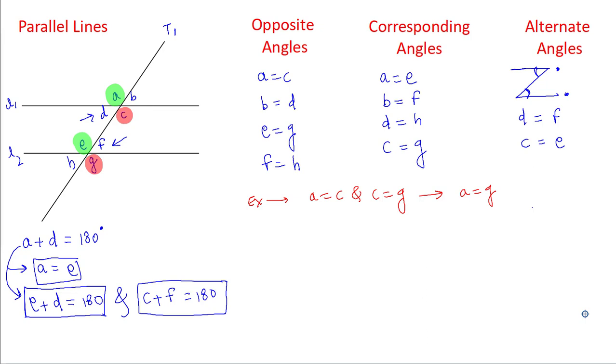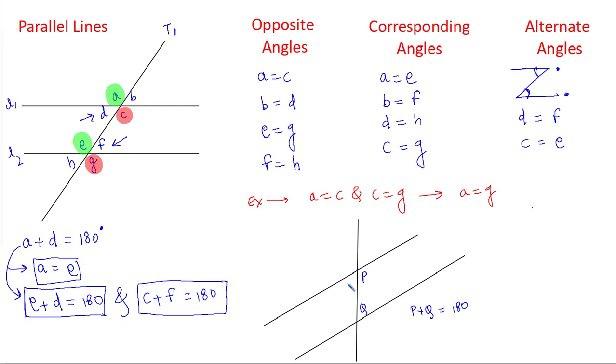Actually, this statement is a bit difficult to remember, so what we can do is remember the diagram. If these two lines are parallel to each other and this is a transversal, then the sum of these two angles, let's call them P and Q, is going to be how much? 180 degrees. Or let's call them X and Y. The sum of X and Y is going to be how much? 180 degrees. Let me repeat that statement again: the sum of two interior angles formed by two parallel lines and one transversal on the same side is always equal to 180 degrees. After this there is one more property of parallel lines.